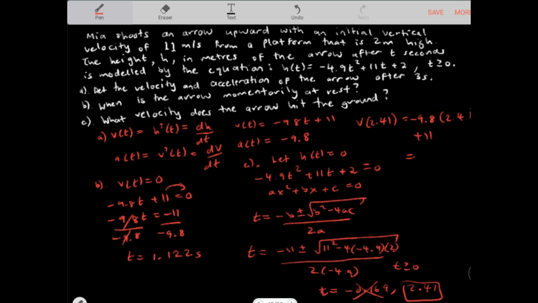If I crunch this out, I'll get -12.618, so approximately -12.6 meters per second, right? The negative nature of our answer implies that the object is moving down. If positive velocity means the object is moving up, negative velocity is in the opposite direction, so the object is moving down, and it hits the ground at 12.6